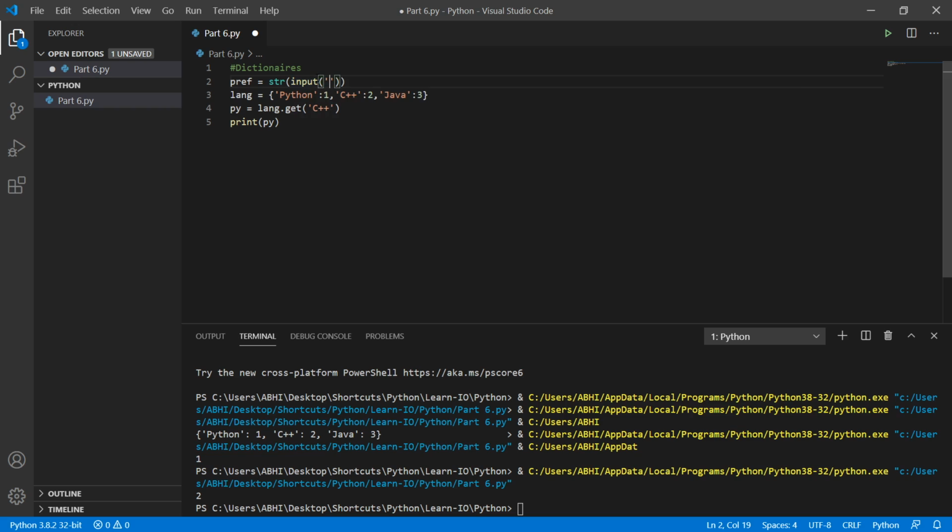Let's say, what is your favorite language? Okay, and then I'm gonna use my colon just to separate that out. Okay, and now over here, I can change this to pref. So what it will do is it'll take your input, and so for example, let's say you type in C++ or whatnot, and it will take that and turn it into a string and save it in the pref,